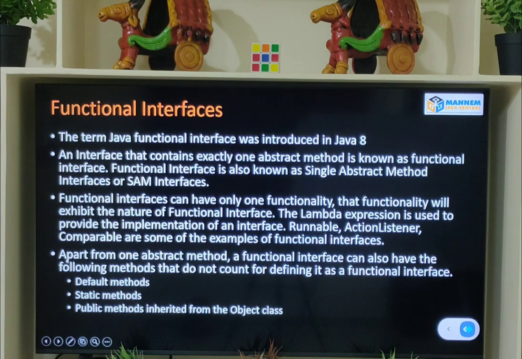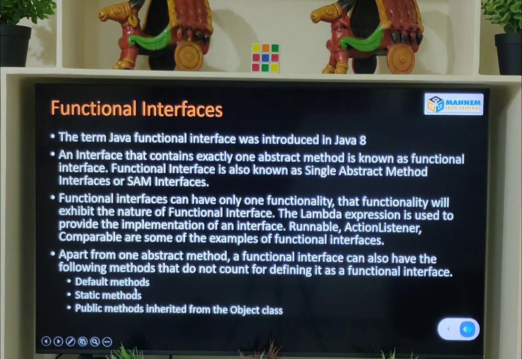So see, this fourth point provides something of a contradiction. So listen, apart from one abstract method, a functional interface can also have the below listed methods that do not count for defining it as a functional interface. So what we can understand is, apart from the abstract method, a functional interface can also contain default methods, static methods, and also some methods inherited from the Object class.